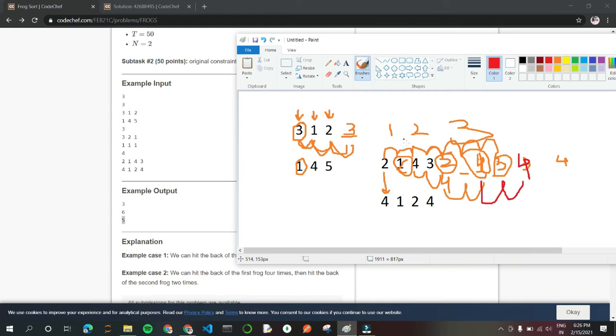See, first 2 jumps 1 time. Now it is here itself. Now 4 you have made jump 2 times. So 1, 2 and 3. 3 also you have jumped 1 time, and 4 you have made jump 1, 2 and 3 times. So 3, 1 and 1. So there are 5 times you have made it jump. Okay, so here is the explanation.